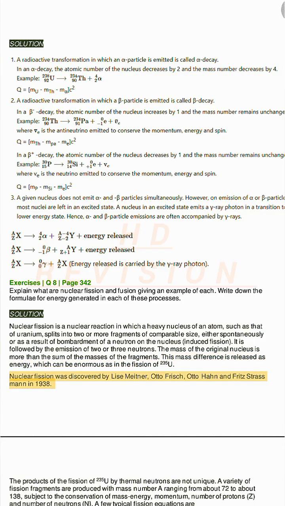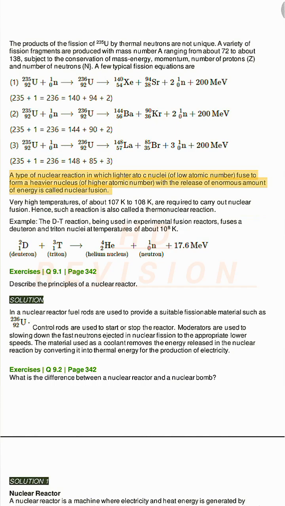Nuclear fission was discovered by Lise Meitner, Otto Frisch, Otto Hahn and Fritz Strassmann in 1938. The products of the fission of 235U by thermal neutrons are not unique. A variety of fission fragments are produced with mass number ranging from about 72 to about 138, subject to the conservation of mass-energy, momentum, number of protons Z, and number of neutrons N. A few typical fission equations are: